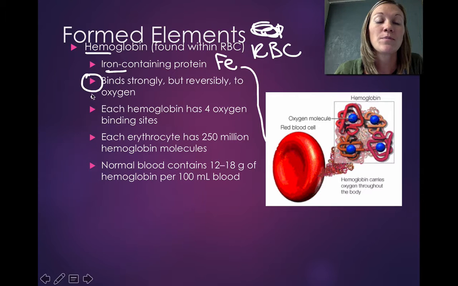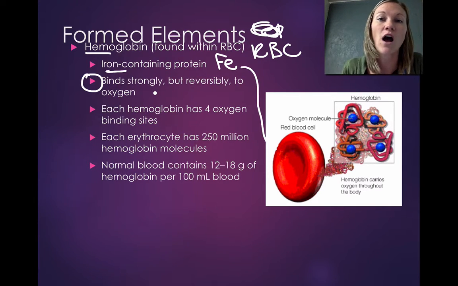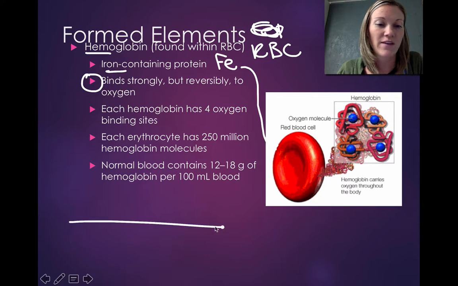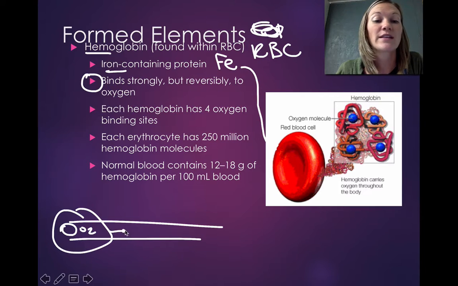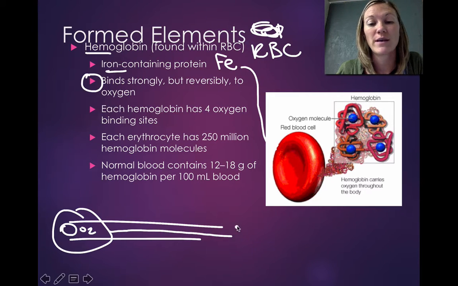This is a big deal because the affinity for oxygen will enable you to either... oxygen wants to diffuse onto hemoglobin, but it doesn't want to diffuse onto it so much that it won't let that oxygen go. Because basically what you're doing here, if this is an artery, if you have a red blood cell with oxygen on it, it's going to be delivered through your arteries maybe to, we'll just say that this is a